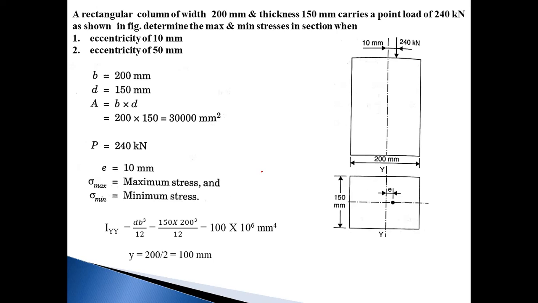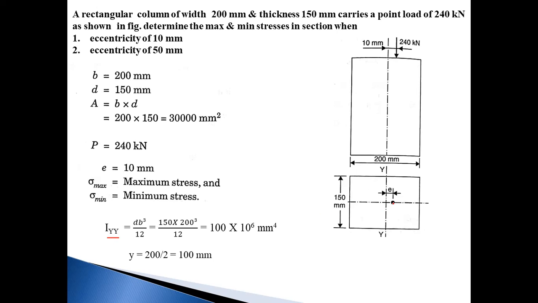Already we know that for every section we have two moments of inertia, that is Ixx and Iyy. Then which moment of inertia is used in the formula or in the problem? So basically see here, the load is acting on the x-axis, due to this eccentric loading, the axis will be bent. That axis is the y-axis, means the bending axis is now the y-axis. So we want to calculate Iyy, means whichever axis will be bent, that moment of inertia you need to calculate. So Iyy is the bending axis.